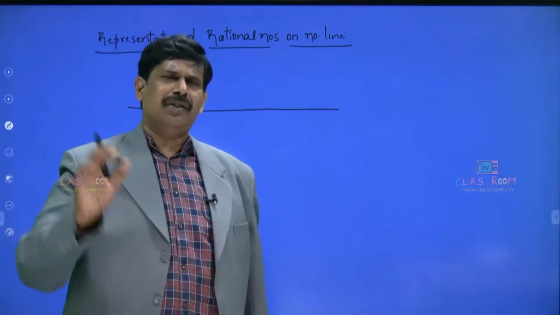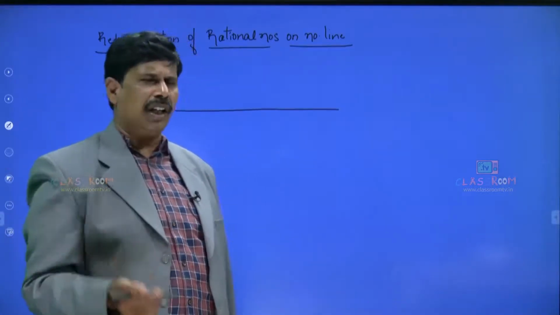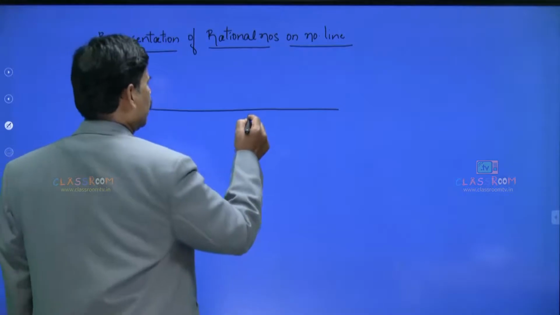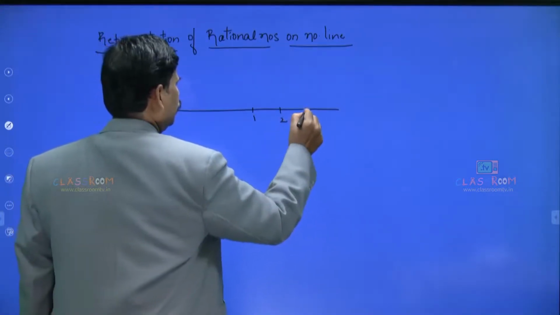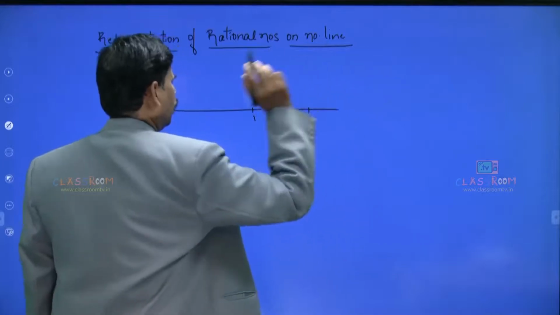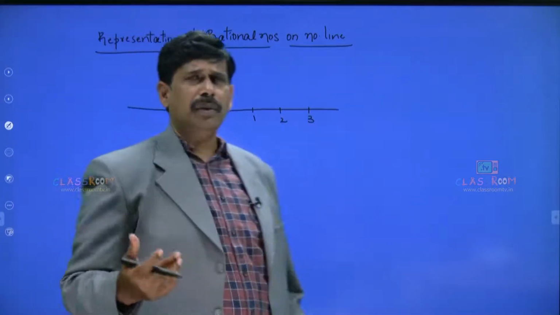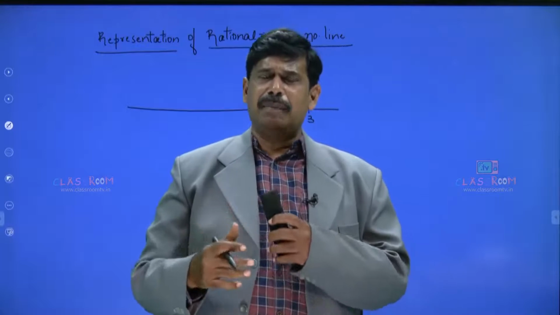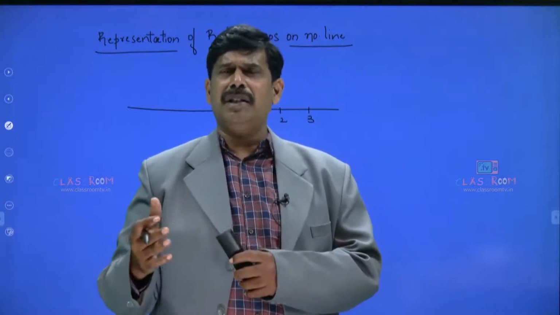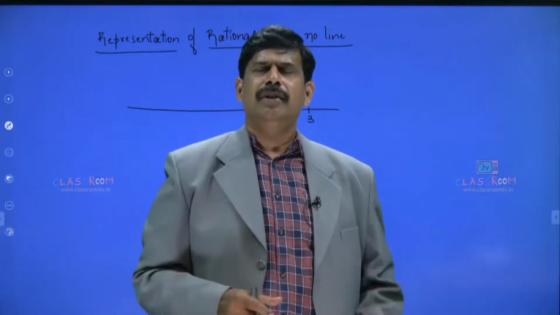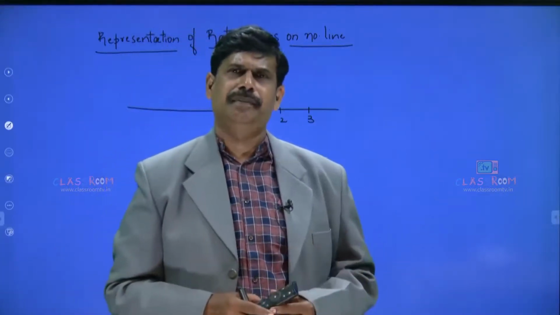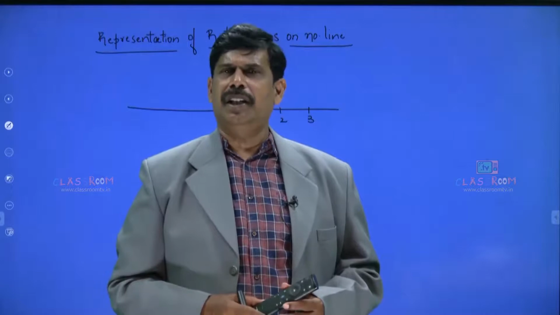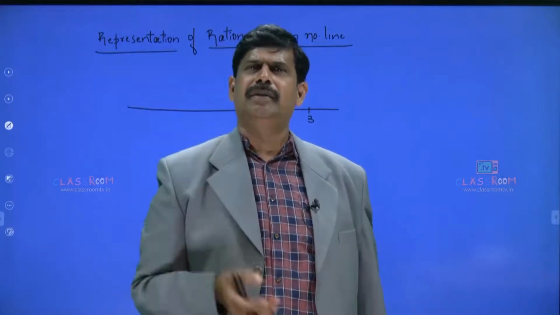So now this is a line, a straight line in a plane. On this, first I am writing the counting numbers: 1, 2, 3, like that it goes. So now the counting numbers are present on the number line, then we say it is a natural number line. Is it clear? It is a natural number line.